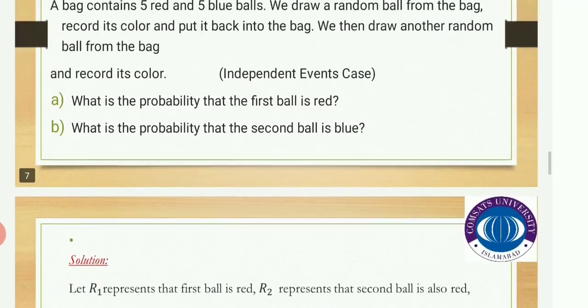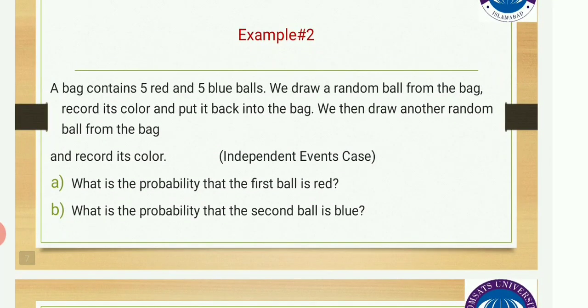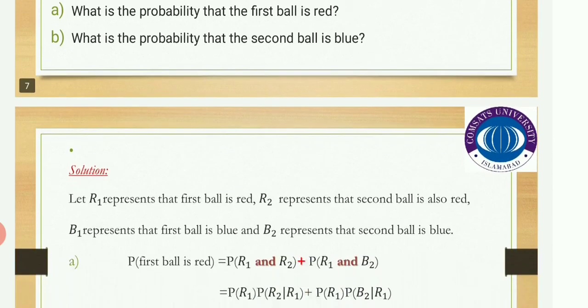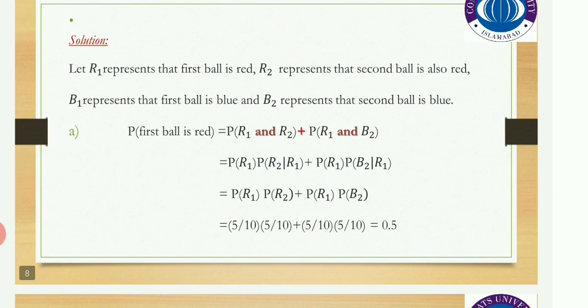Because as you go back to the question, you will notice that it is written that when we draw a ball from the bag and record its color, we put it back into the bag. So it means that the upcoming event will not be affected by the previous event. So that's why we can write it as probability of R1 into probability of R2 plus probability of R1 into